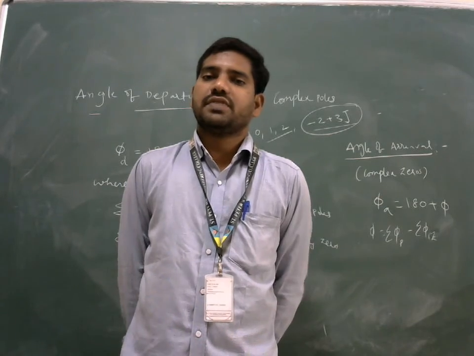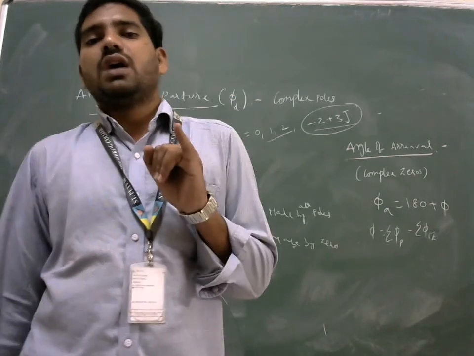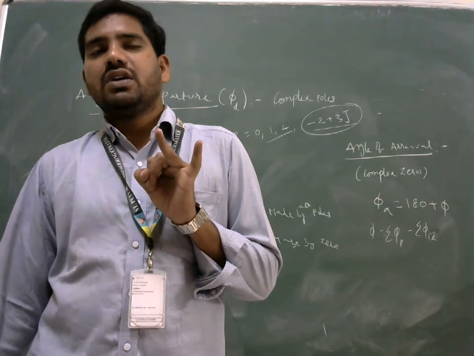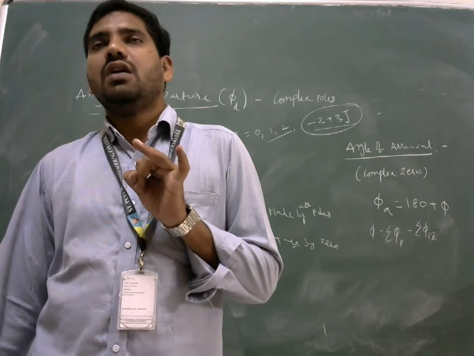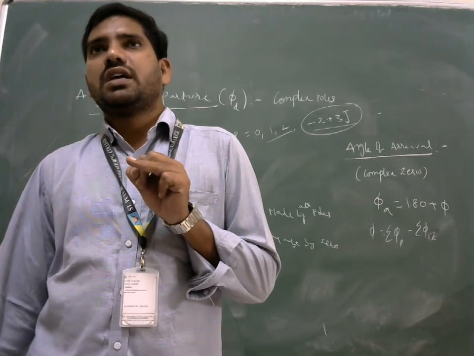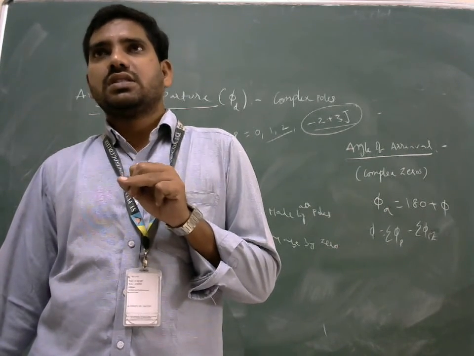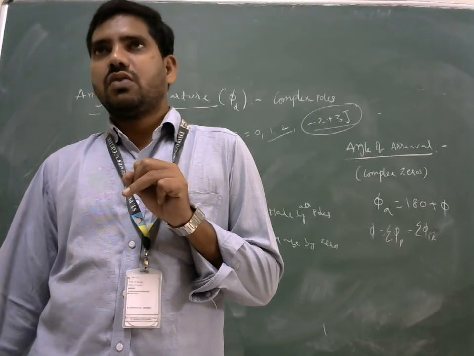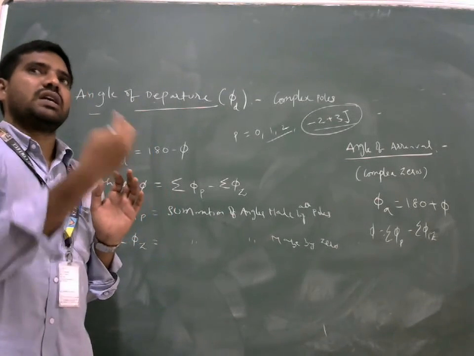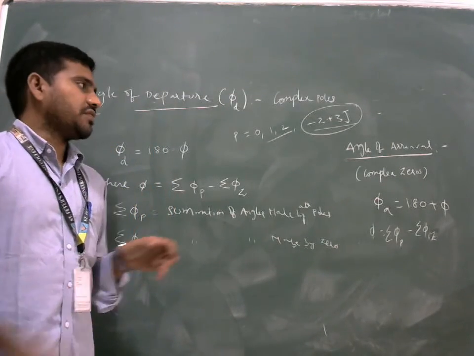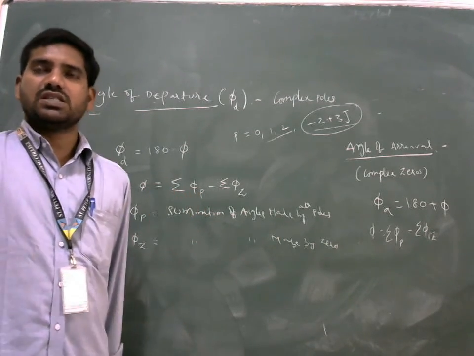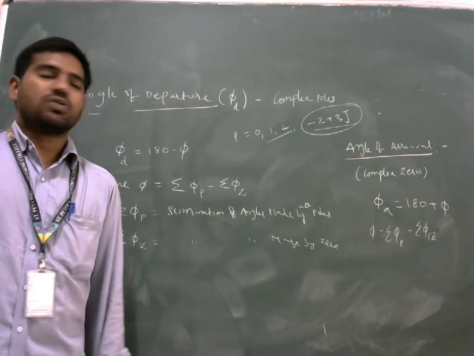There are 6 rules we explained. The first rule is the location of poles and zeros on the real axis. Second, we determine the root locus on the real axis. For that, you need to find how many poles and zeros lie on the right half of that particular element. If it is an odd number, then between the two points the root locus will exist. Otherwise, there will be no root locus.